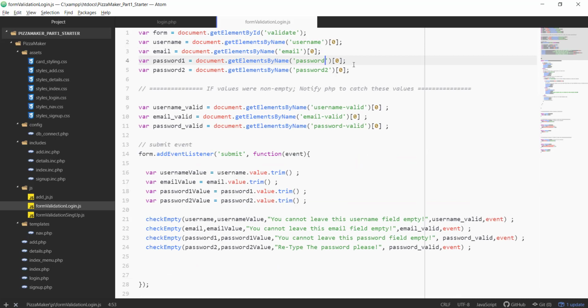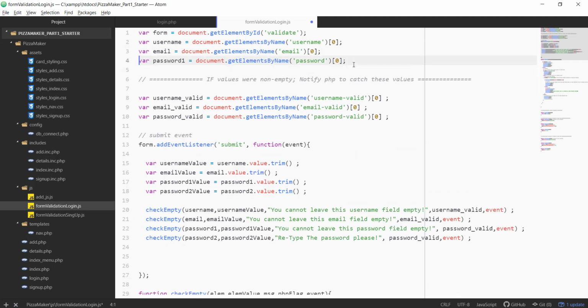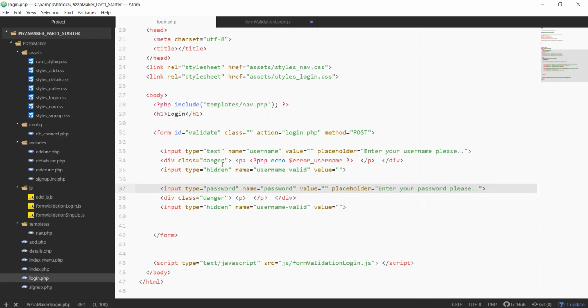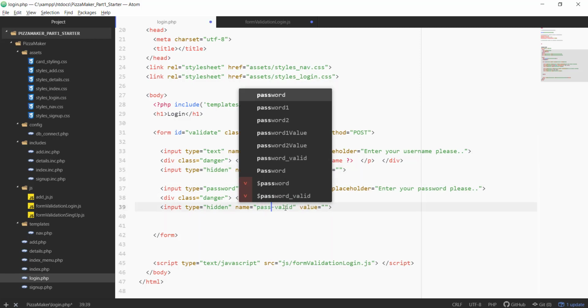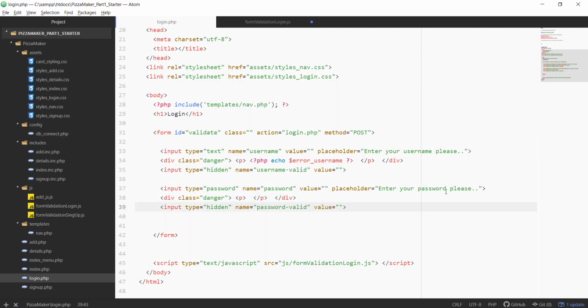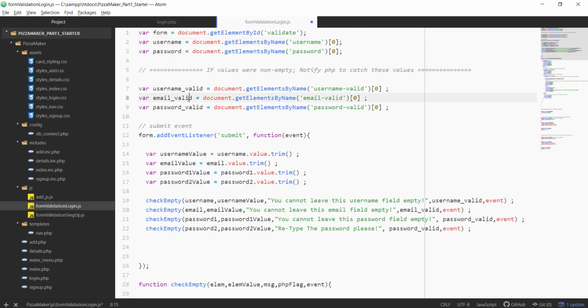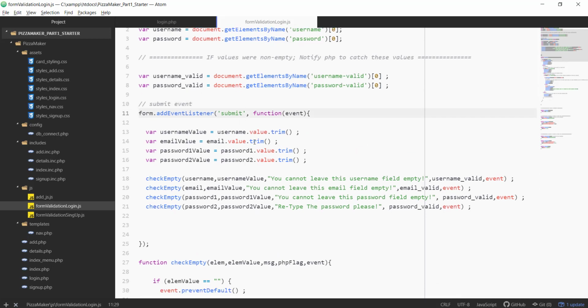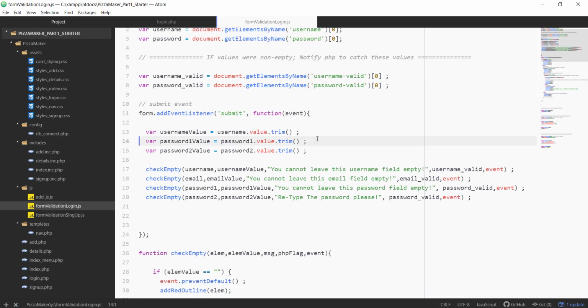So this is having the name of password. We don't really have this. That's password. We don't really have a mail. And we want to grab the form, not the same form, but the form that has the same ID from before. And I want to grab the hidden input fields, which have the username valid, and this is supposed to be password valid. All right. I hope that we haven't missed anything, so I'm just going to say these are the things that I'm going to grab. Okay, and I'm going to get the value for them